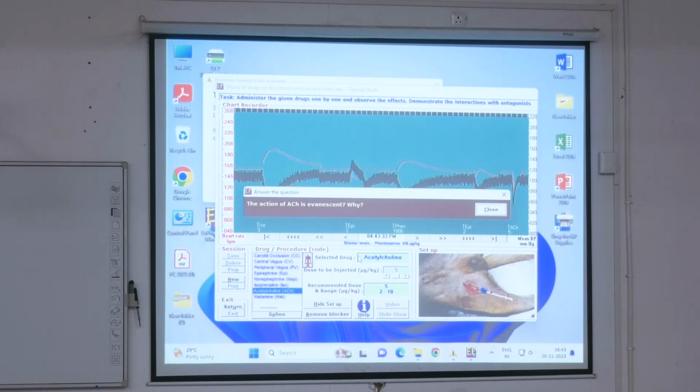কোশ্চেনটা কি লেখা আছে দেখো। The action of acetylcholine is evanescent. Why? দেখো, sharp fall in blood pressure and rapid rise to the normal basal level, এটিকে বলা হচ্ছে evanescent fall in blood pressure। এরকম ফল আর কোথায় পেতে পারো? হিস্টামিন and also with isoprenaline। তাহলে এখানে M2 রিসেপ্টর ব্লক করলে এতটা শার্ট ফল ইন ব্লাড প্রেশার হবে না।